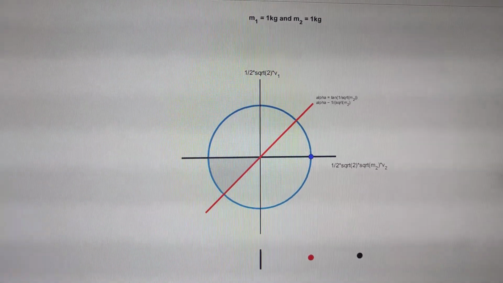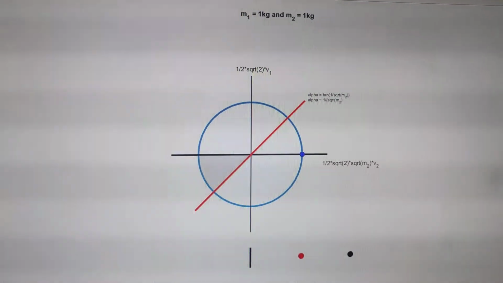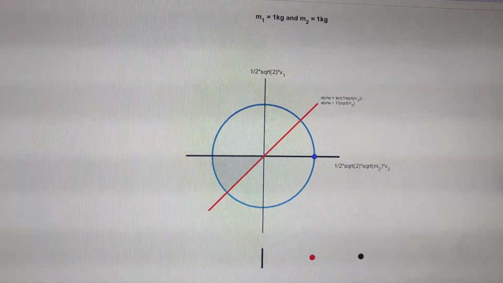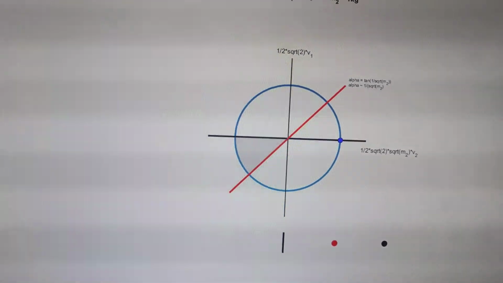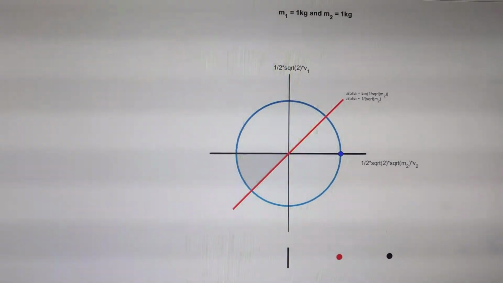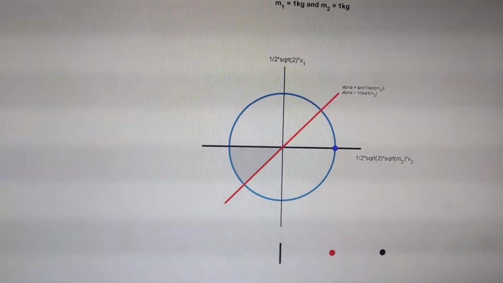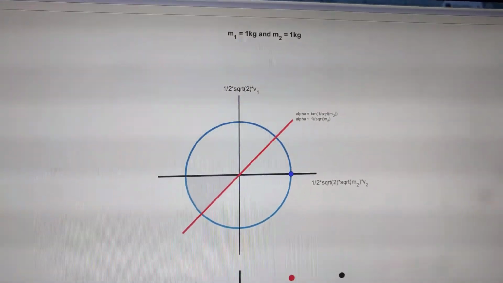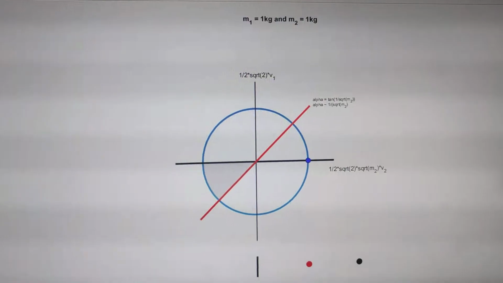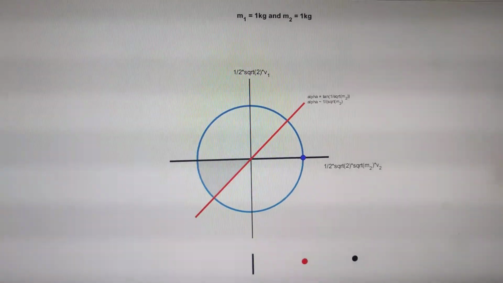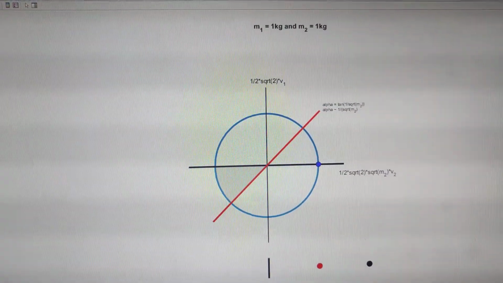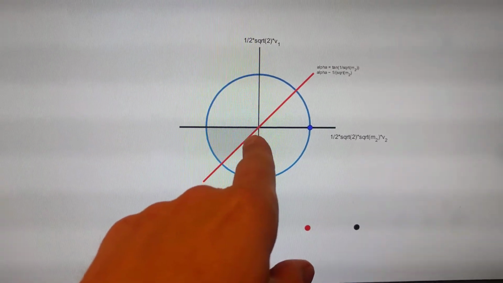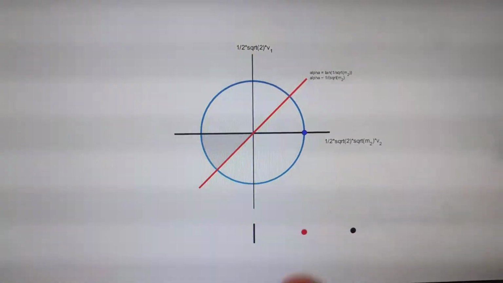representation of our solution. As suggested in the original puzzle, we have solved it using the conservation of energy. Here the conservation of energy is represented by the circle. The radius is basically the total amount of energy in the system, and it cannot change. On the axes, it has something to do with the velocity. On the y-axis it's the velocity of the left mass, and the velocity of the right mass is on the